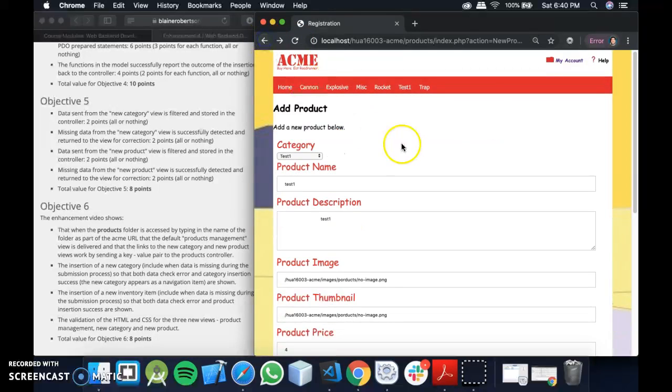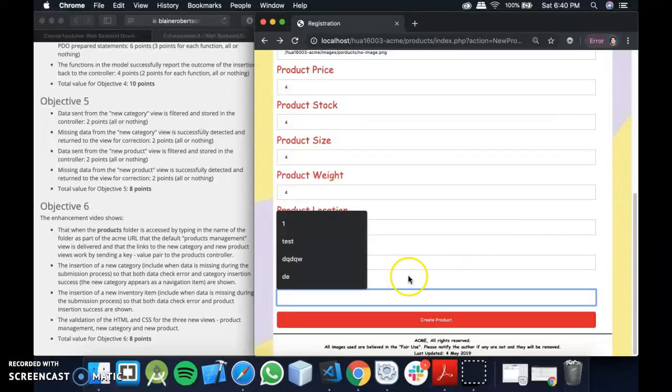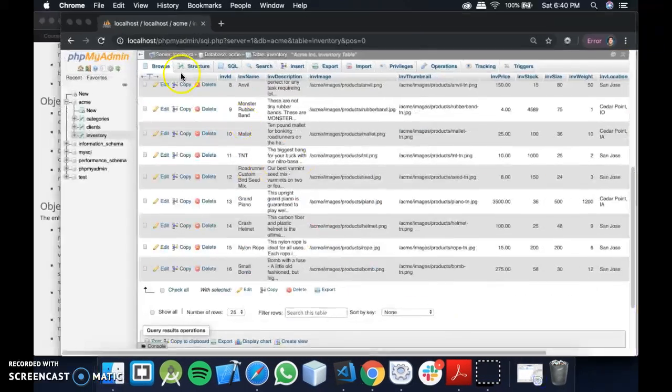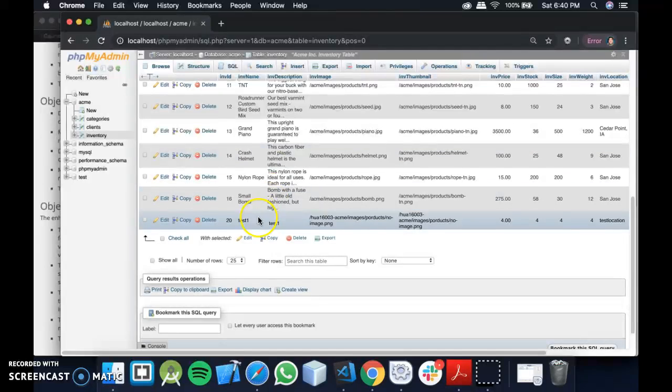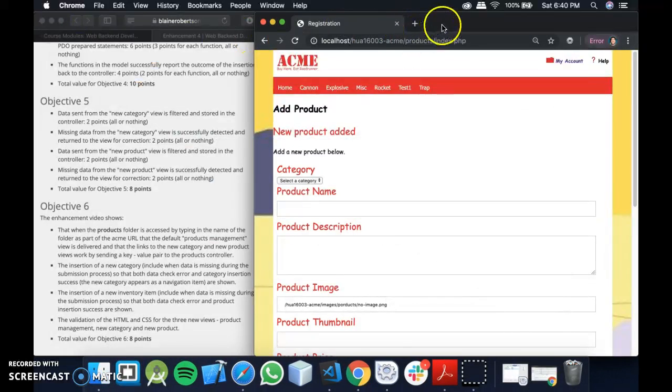We see the alert. We are going to finish our product registration test. We created it, we receive a message of success, and we will see it in our database. Our test 1 product was created properly. Okay, let's see